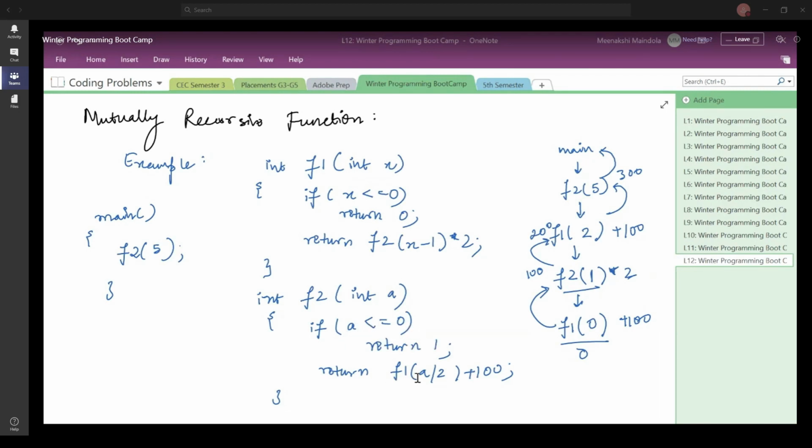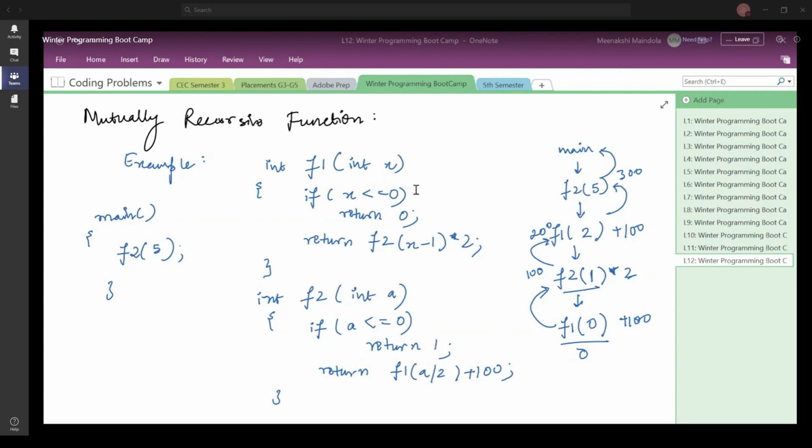Then you return f1. So in the return part of this particular function, you are going to call another function, which is f1 of the value a divided by 2. So the value of a here was 5. So 5 divided by 2 is going to give you 2. So you call f1 of 2 plus 100.